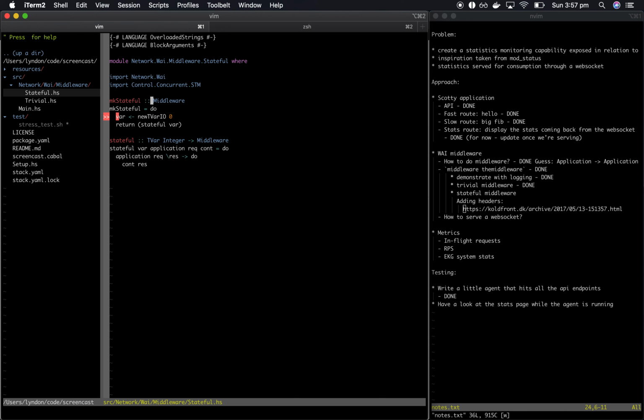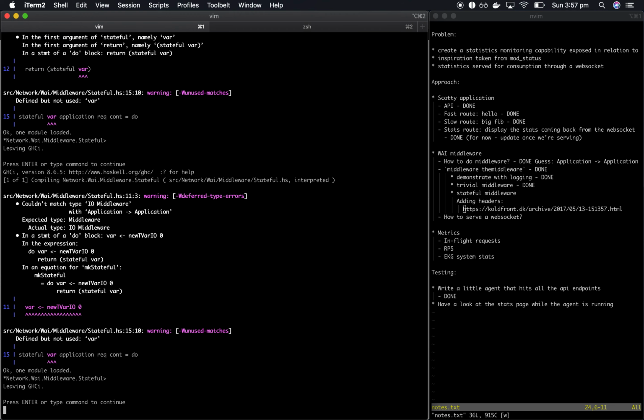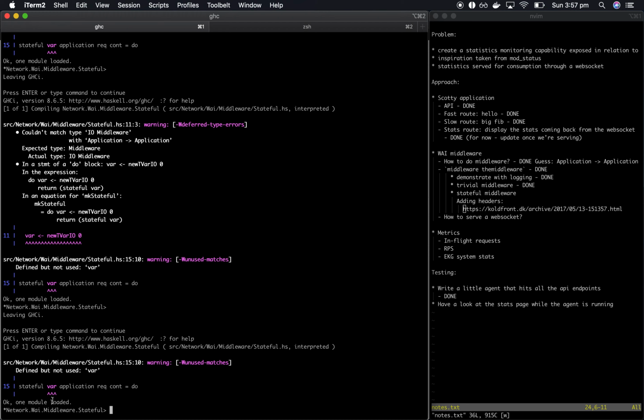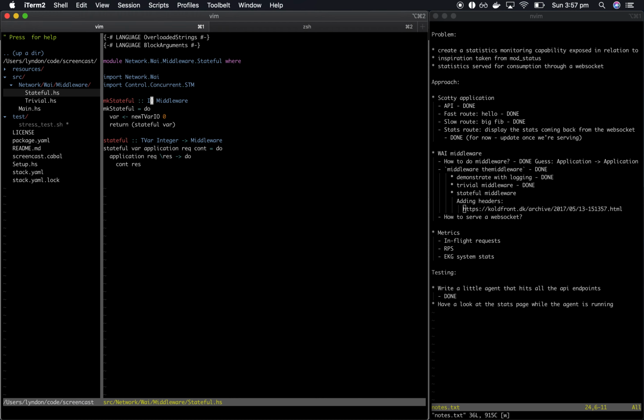What's wrong with that? Ah, it's IO middleware. Great. Look at that. Oh, beautiful. So even though we don't have very much code, it was a little bit fiddly, but I think now we're okay. And so all we have to do